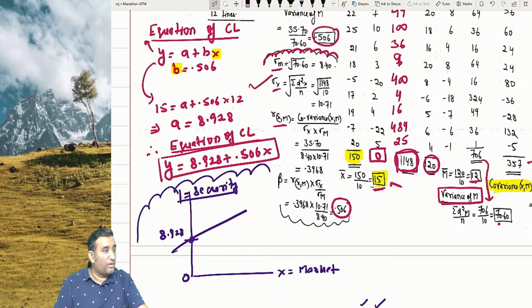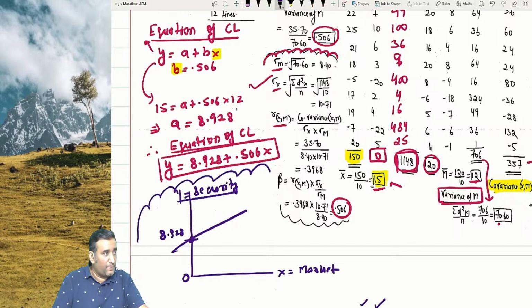Return from security would be what? 8.928. 8.928. That is the meaning. That is exactly this equation. Sir, it's basically it was not a